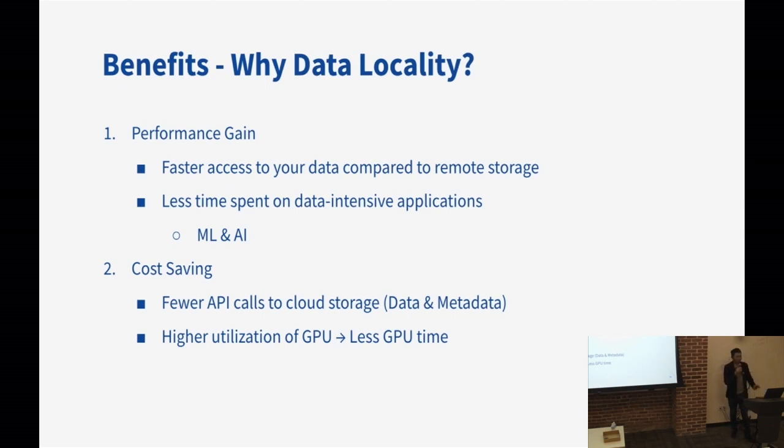And also, as I mentioned, your cloud storage will charge you by the number of API calls, and also charge you by the bytes, how many bytes you transferred from the remote. So in this case, if you have a local cache in your local data center, it can reduce the traffic, both API calls and the egress, the data transfer from the remote storage. So this slide just shows why we need data locality, why we want to put the data in the local rather than in the remote.